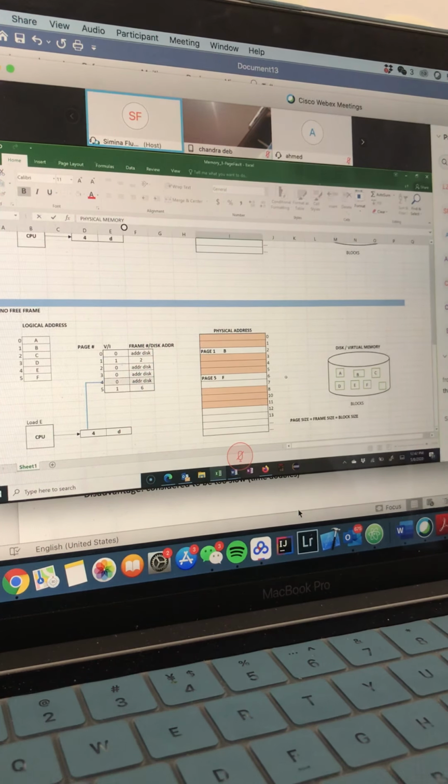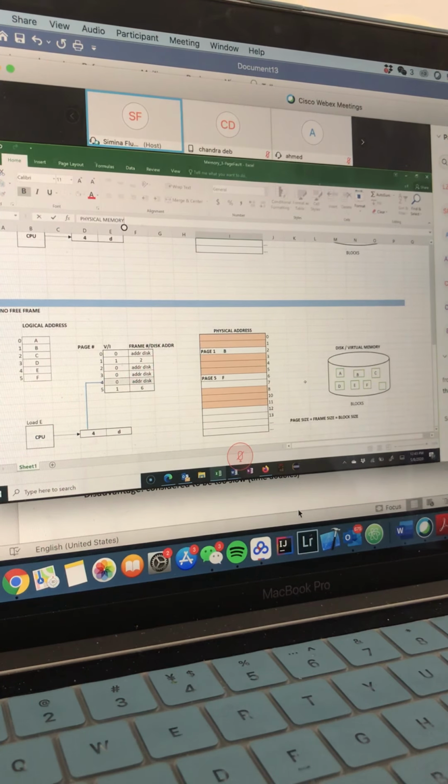And usually we have local allocation when the number of frames is limited for the process. So let's say the process is allowed only two frames. However, I want to bring my demanded page into the main memory. So my demanded page will have to override either the content of frame 2 or the content of frame 6. So it's going to override one of the local frames. Yeah, so it's local allocation.